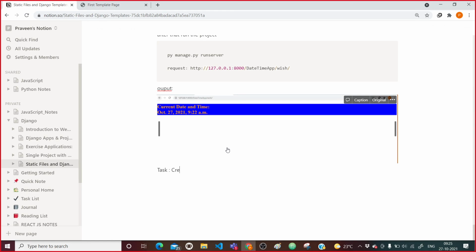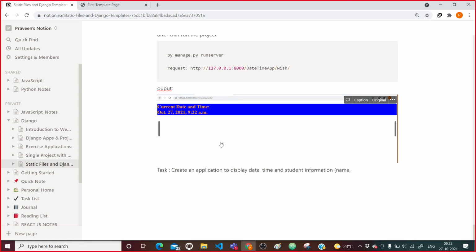Now, the task for you: create an application to display date, time, and student information. What is the student information going to contain?